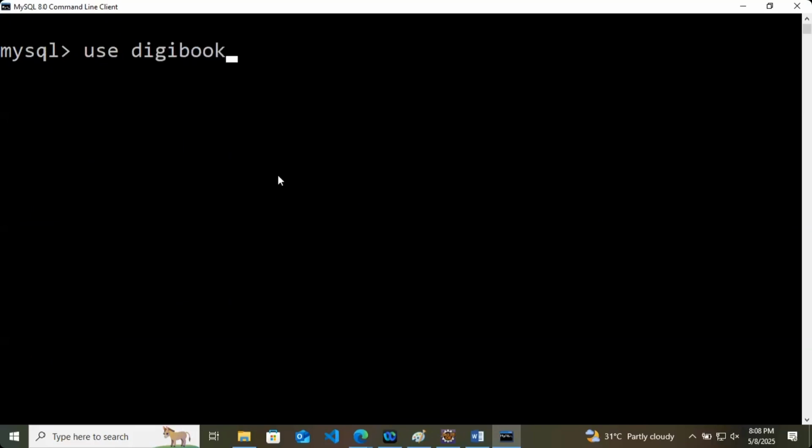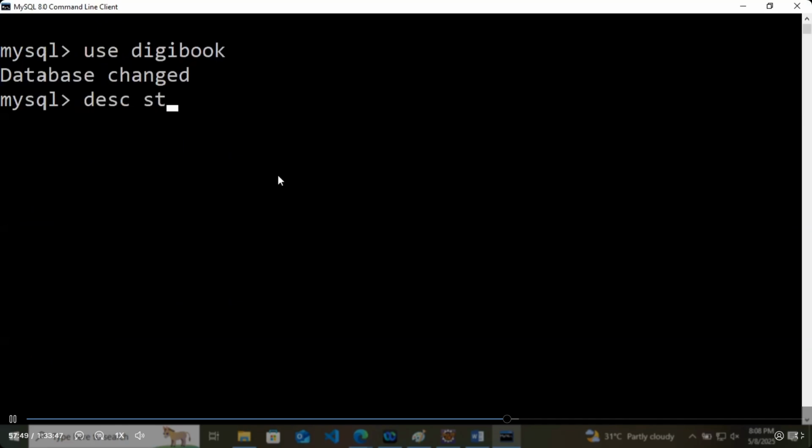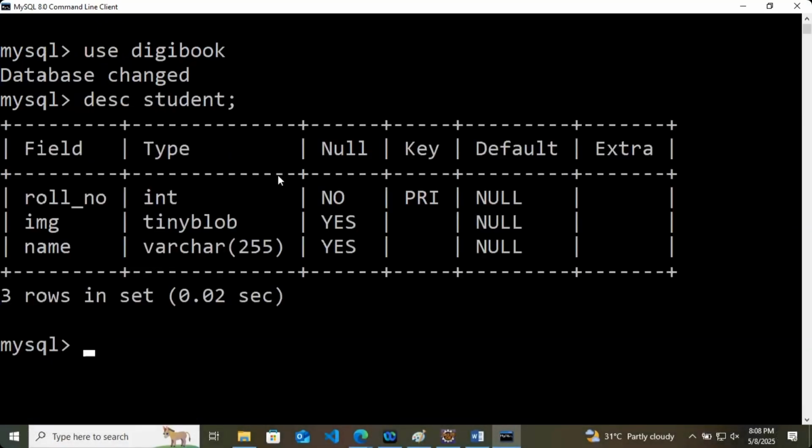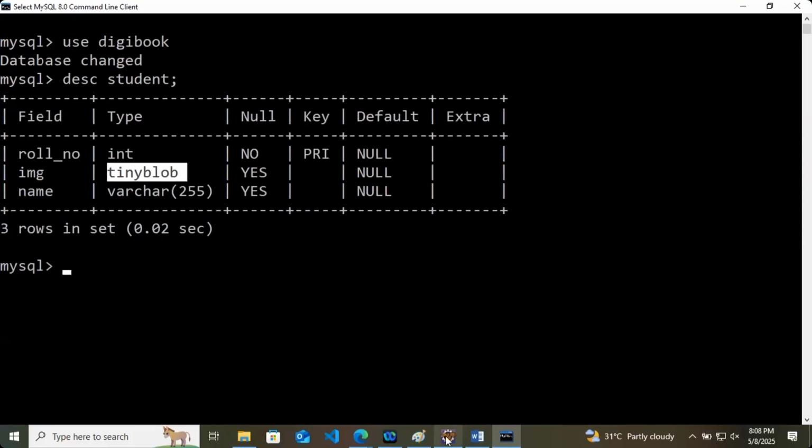We are using the same database, DigiBook. Inside this, we have one student table, with the image of type tiny blob. Now it's getting interesting. Let's see how we will do it.